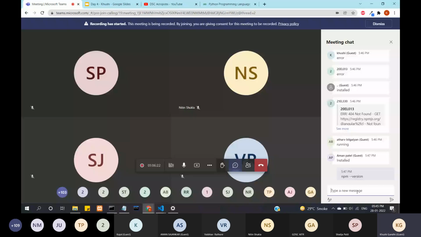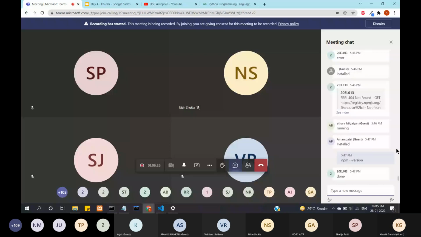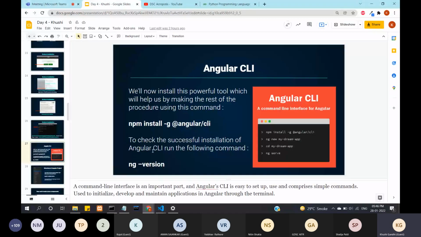Alright, some people have already installed. For the people who have already run the command, I will give you the next process. What we have to do next is check if the Angular CLI is successfully installed. For the people who are getting the error, I will get back to you. And for the people who have already installed the Angular CLI, run the next command, that is